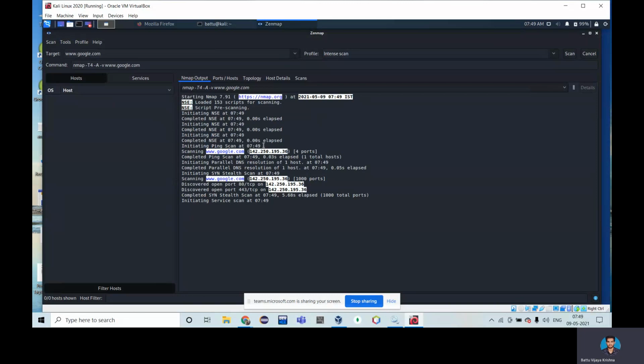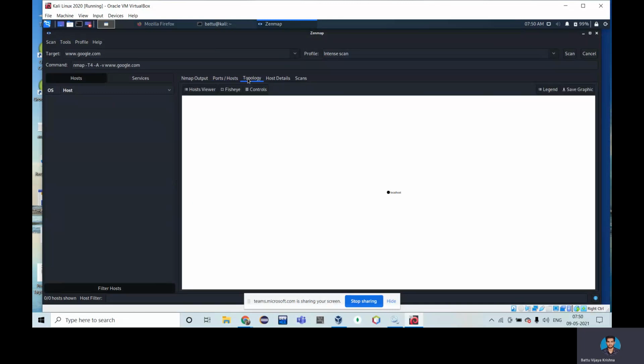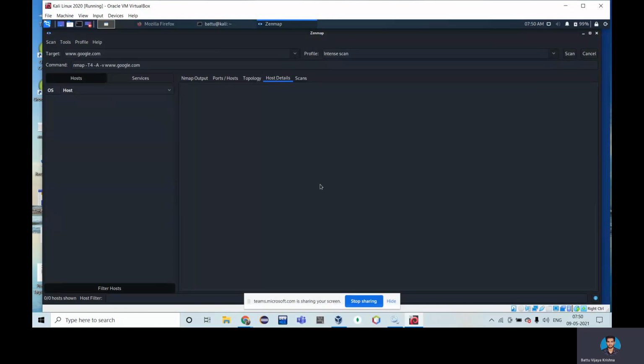After the completion of the scanning, it will show all the details, and in ports it will show what ports are available. In topology, right now it is localhost, connected to google.com, which we are scanning. The next one is host details. It will show all the host details, the IP address or IPv6, those kinds of things.